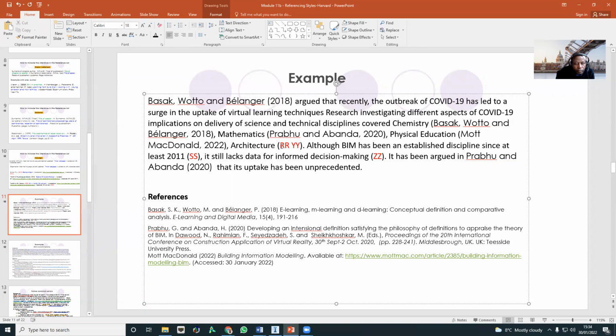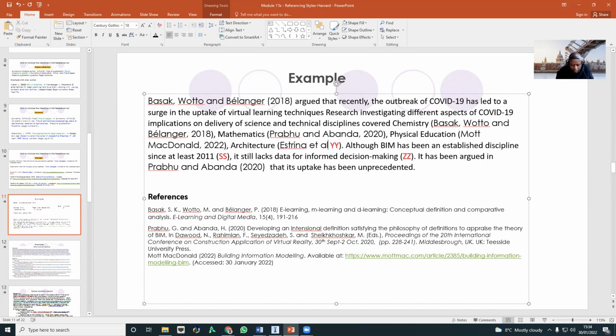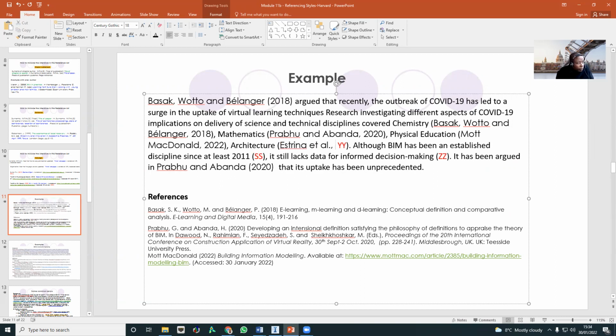So we have 4 authors in case of architecture. It says Ara, Estrina et al., 2021, and then